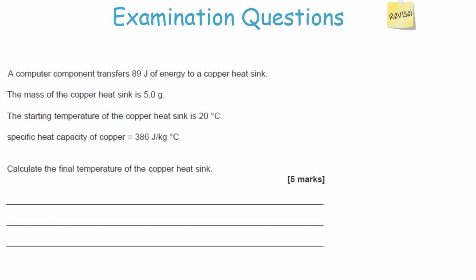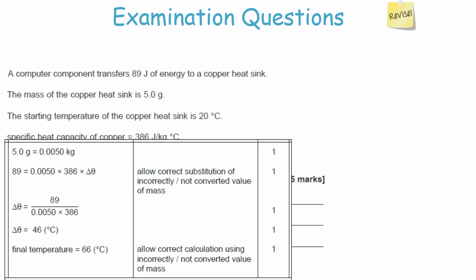But you're given the mass in grams. So the next thing you've got to do is, we don't work in grams in physics, we work in kilograms. So you're going to turn 5 grams into kilograms. So 5 grams becomes 0.0050 kilograms, and you substitute it in. So we get 89 is equal to 0.0050 times 386 times the change in temperature. We then make change in temperature the subject of our equation, we rearrange, and we get our answer to be